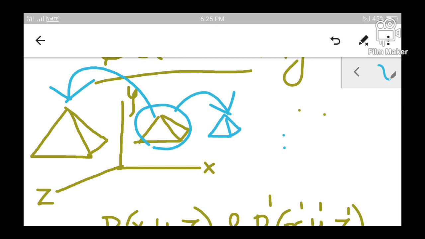If the object undergoes an unequal change in size, that means maybe the object has increased only in its height, or maybe only the length of the object is increased, or maybe just the breadth of the object is increased. If any one of these dimensions undergoes change, then it is a clear-cut case of unequal scaling, which is known as differential scaling. So I repeat, if change in size occurs equally in all three dimensions, it is called uniform scaling. Otherwise it is called differential scaling. Clear? Okay.